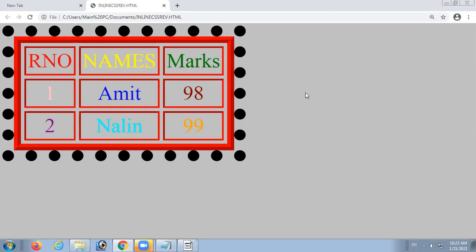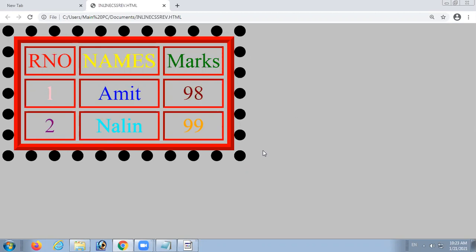I am giving you 1 minute so that you can clearly view the browser view. You can change the color of the outline also, right? If you want to give any color to the outline, you can change that also by giving the outline color property.